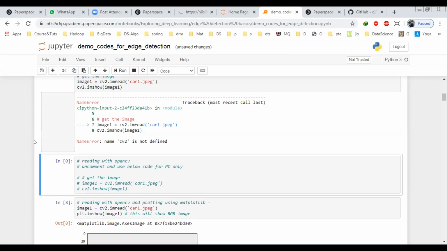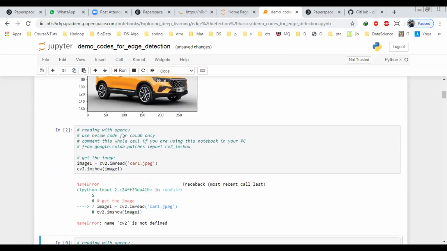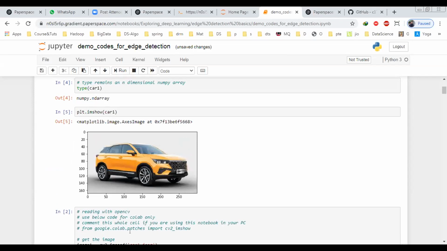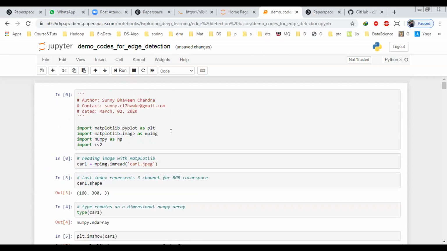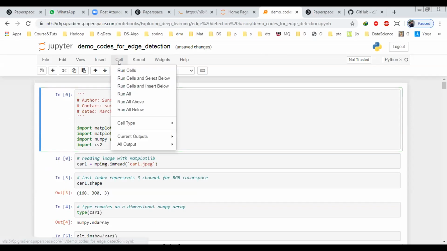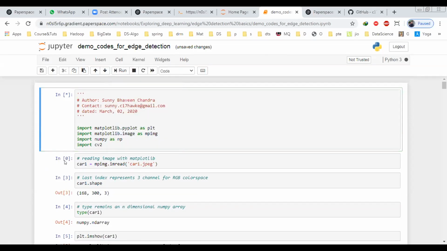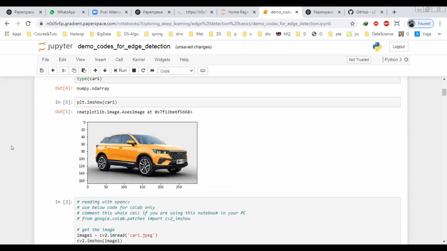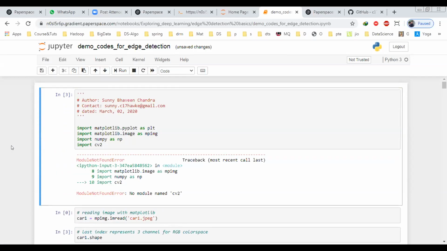Name CV2 is not defined, so we have to install OpenCV, or just import OpenCV. I think I missed that one. Again, CV2 is not there, so I have to install CV2.